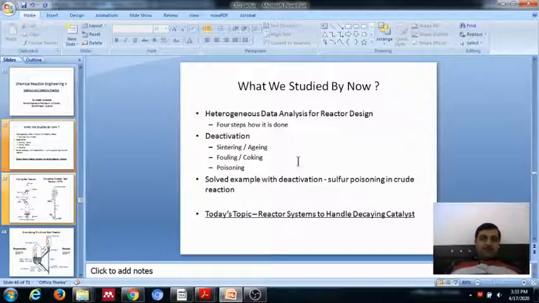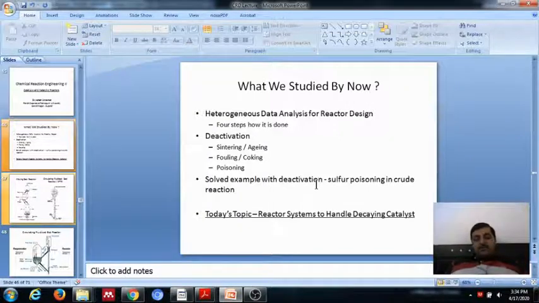We then moved on to discuss the different types of deactivation. We discussed sintering and aging, fouling and coking, and the poisoning of the catalyst. We have seen the corresponding rate forms, how the rate law for decay is derived, and how the activity plays an important role along with the concentration of species. We also solved a couple of problems on deactivation, and one specific to sulfur poisoning and the